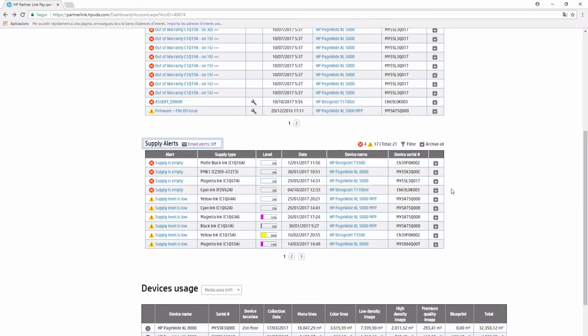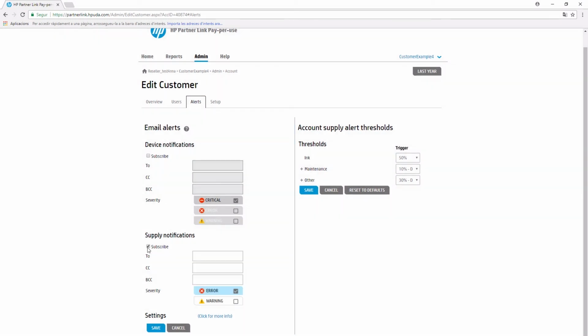As mentioned earlier, you can change the ink supplies threshold by the client also. If you want to do that, you need to click the subscription button on the client's dashboard. If you click on the subscribe button, that is on the bottom right of the page, you can select the ink supplies threshold you want for that specific client. And then you need to subscribe to the alerts in this page. The rest of the functionality is exactly the same as described before, with the difference that in this dashboard, all settings apply only for the customer you are in.